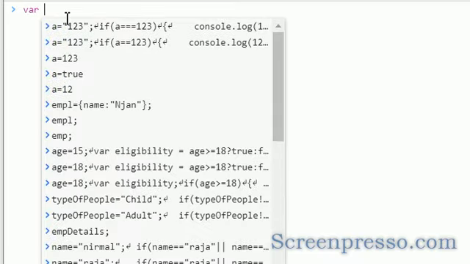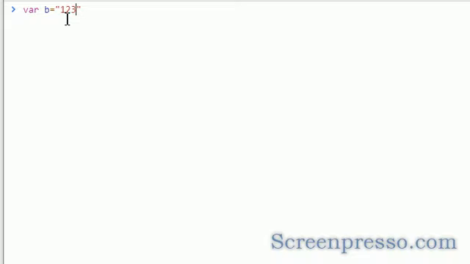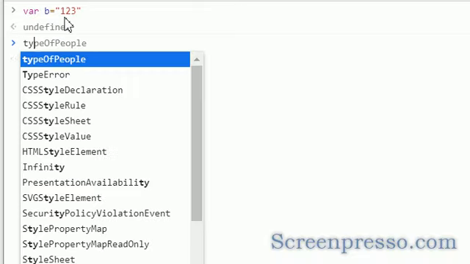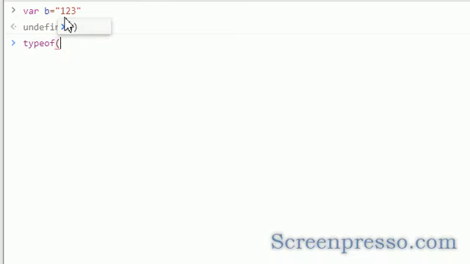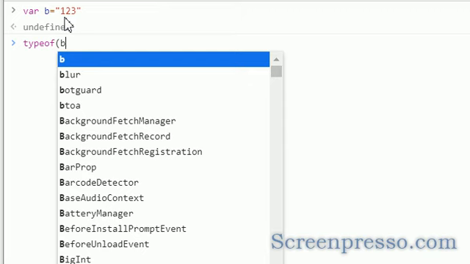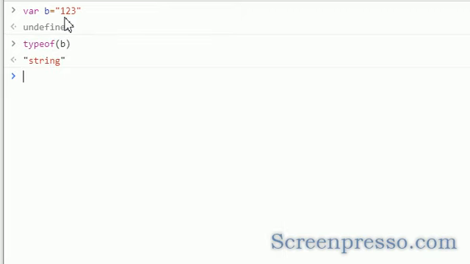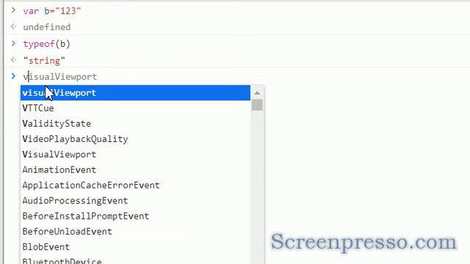Okay, let's discover how to convert from string. For example, I have the value 123 in variable b, and the type of b is string. Now I want to change this type, to int. How can we do that? JavaScript has a method called parseInt.